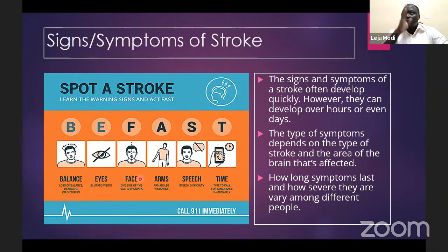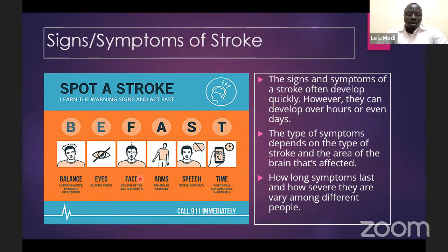Is it like a one-sided kind of face? You can try to talk to the person and try to make them smile. A person who normally smiles, and both sides of the cheeks retract normally, well, when they try to smile it will be like maybe one side is trying to smile, but it's bending to one side. That's the face. You could even look at the way the eyes are. Maybe one side of the eye is closing or falling down in the way they're looking at you. So the face is usually a very, very important part of the body to look out for